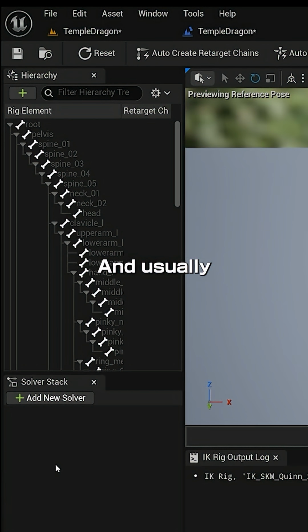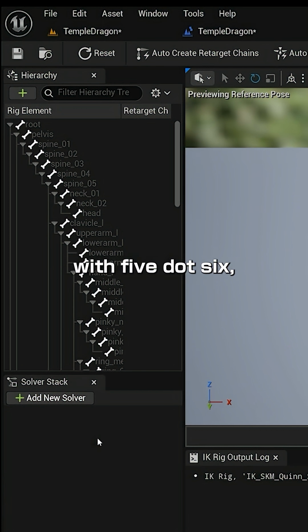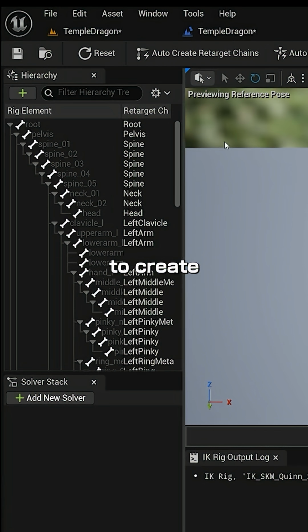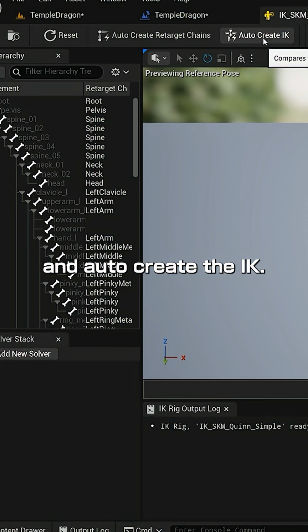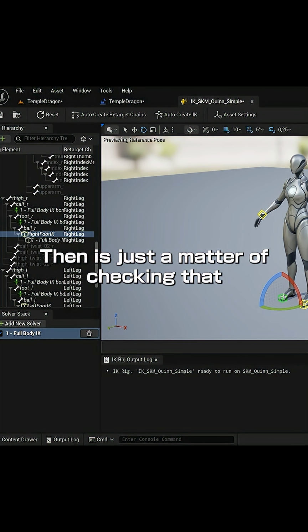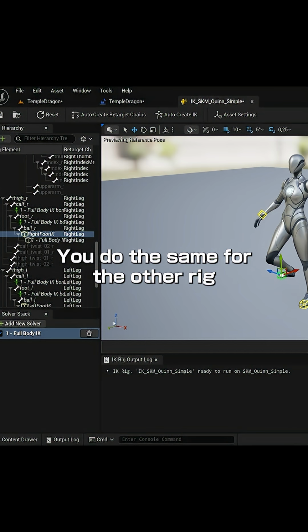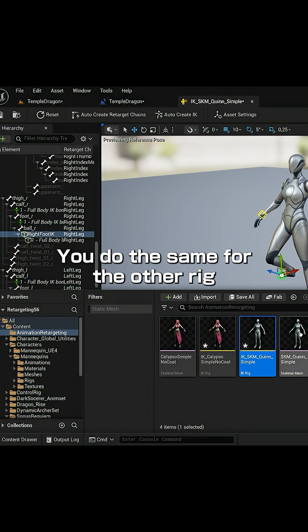And usually this is a very manual process, but with 5.6, you just need to auto create the retarget chains and auto create the IK. Then it's just a matter of checking that everything will behave as expected. You do the same for the other rig